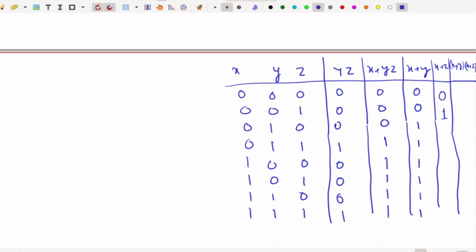0, this is 1, then again 0 0, that is 0, then again this is 0 1 1, then again this is 1 0 1 0, that is 1 1 1 1, 1 0 1 1 0 1, this is also 1 1 1 1. And when we multiply these two, this is what?